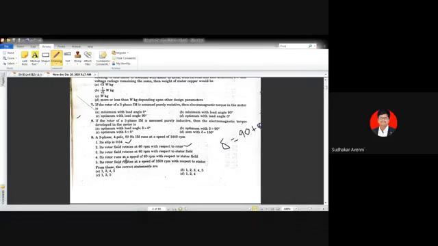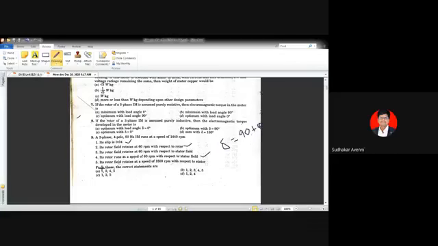Its rotor runs at a speed of 60 rpm with respect to stator field. So the fourth statement is also correct. Why is the fourth statement correct? Stator magnetic field speed is 1500 rpm, rotor speed is 1440, so relative speed is 60. So its rotor runs at a speed of 60 rpm with respect to stator field.